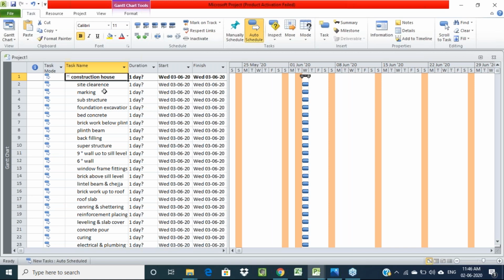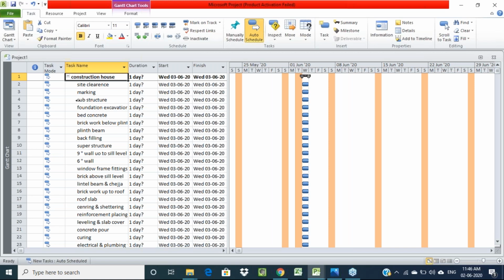Like this we have to select all the activities. After entering all these activities, similarly we have to divide all the work into sub activities and main activities, and then again divide some more main activities and sub activities.